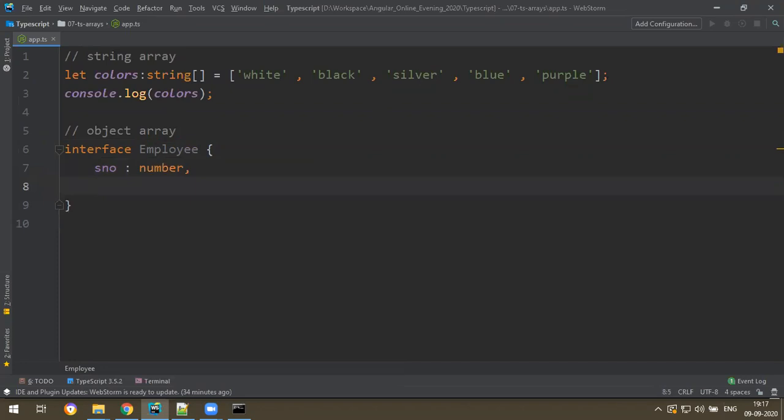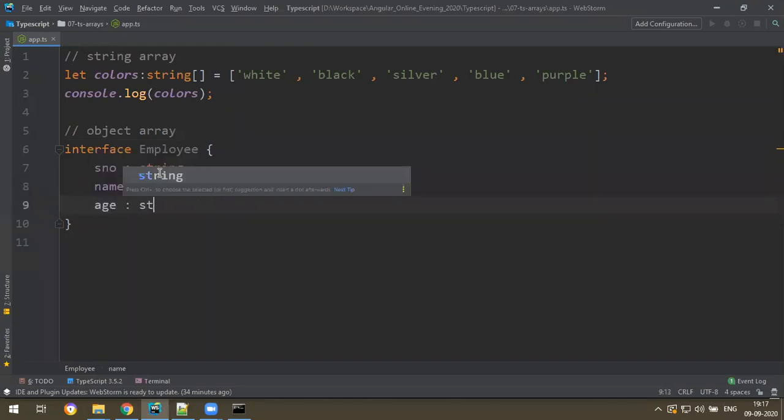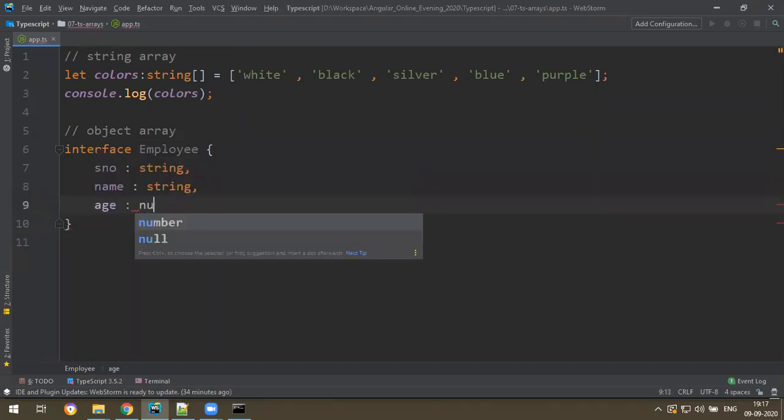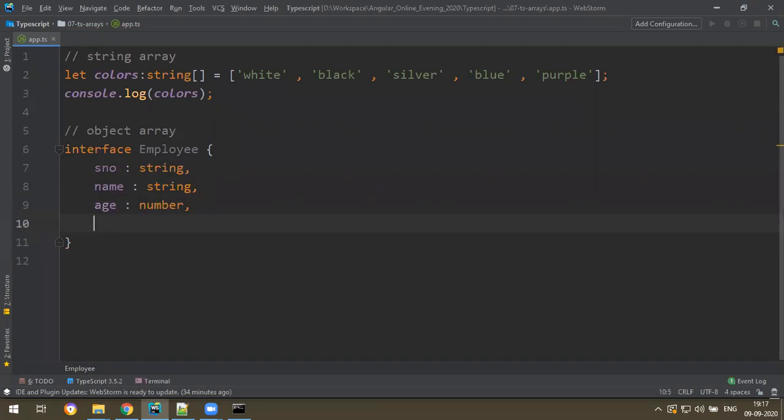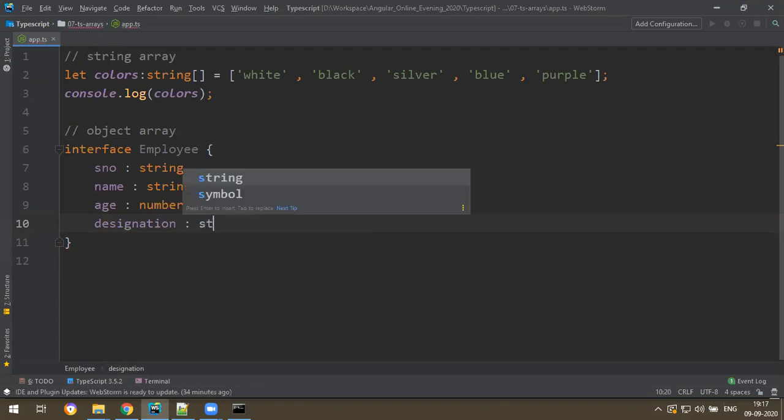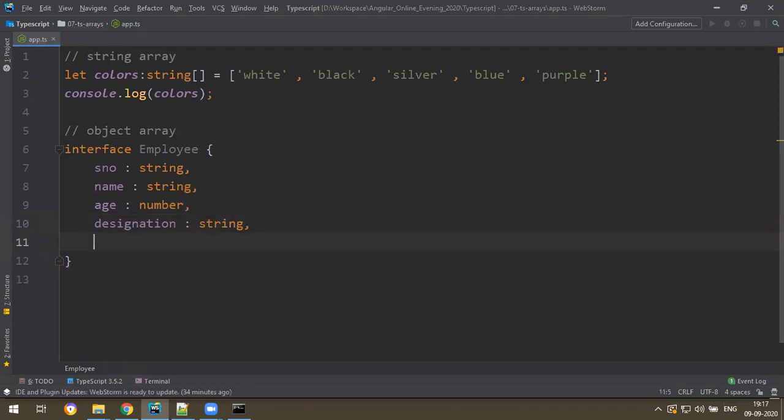If it is an alphanumeric value, it should be a string. So okay, let's make it string, since I'm making it alphanumeric. And name is string, age is number. Sorry, age is number. And for the employee, what will be their designation? Designation is string, and